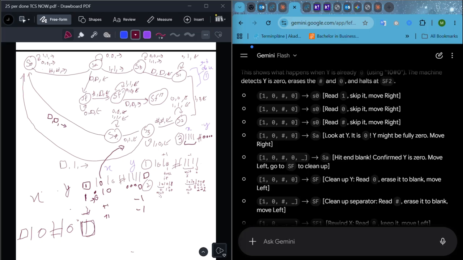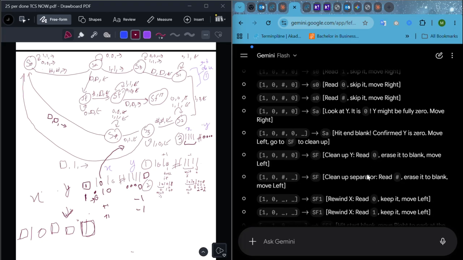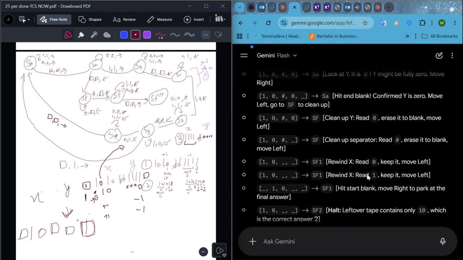the moment it reads a 0, it keeps it a 0. So if we are reading a blank, we had to go one step behind here, and then we change the state to SF. In SF now we are on 0, exactly on 0, and make the 0 blank and go left. And if you see a hash, make it a blank and go left and change the state to SF star. SF1, sorry, SF1, and in SF1,